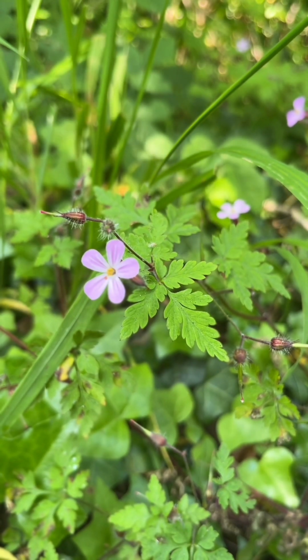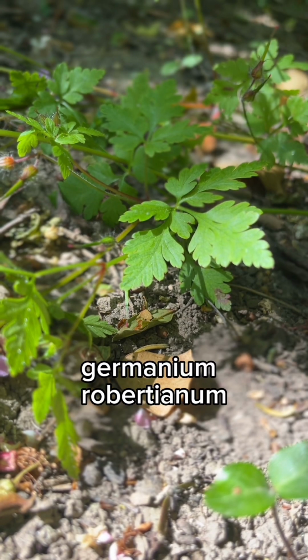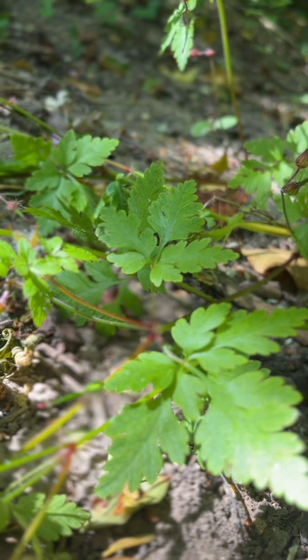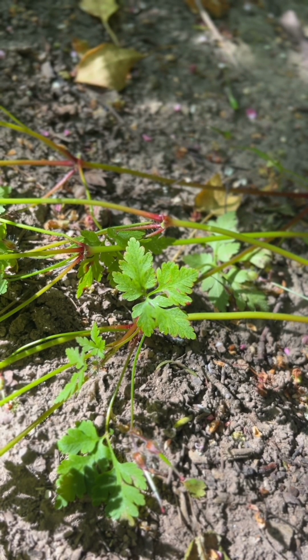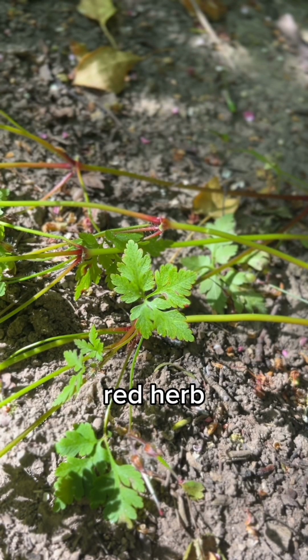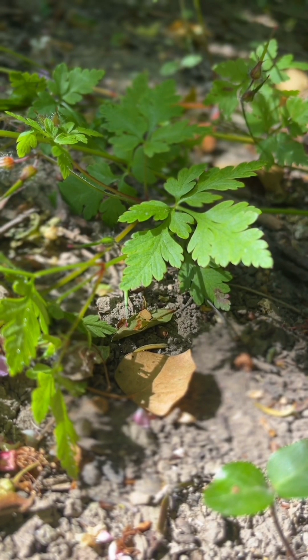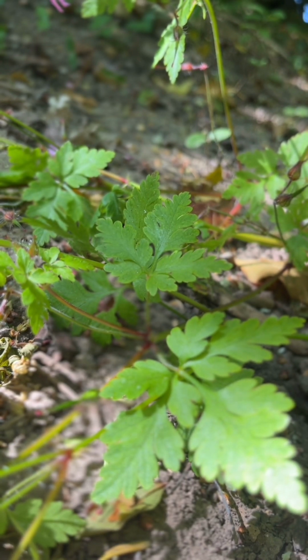New day, new specimen here. We have Herb Roberts, otherwise referred to as Geranium robertianum in the scientific community, but we will call it Stinky Bob. Geranium is a family of plants we have previously divulged into, its Latin name meaning red herb, more native to the UK than actual human beings. Found in woodlands, grasslands, gardens, or seemingly growing out of walls